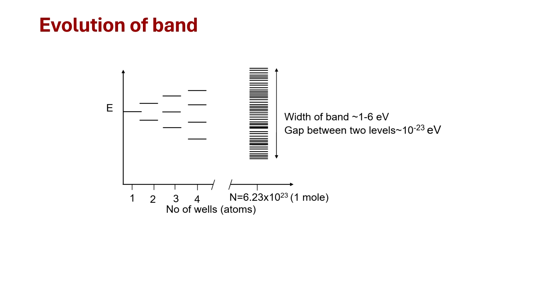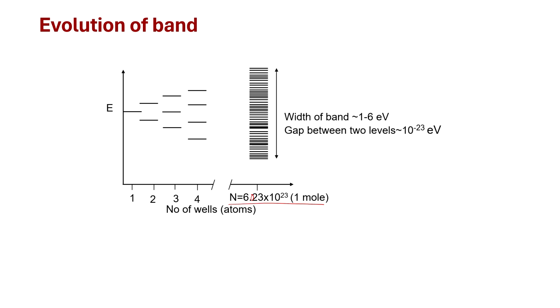But let us say you have a material which has 1 mole of atoms. 1 mole of atoms will give you a large number of electrons. If you go from one atom to a multi-atom system, one atom will show you one state, two atoms will show you two states, three atoms will show you three states, 4 atoms will give you 4 states, and likewise these states keep on developing. The moment you reach 1 mole of material, which means you have 6.023 into 10 to the power 23 atoms, you will have so many energy levels, and all of them are sandwiched